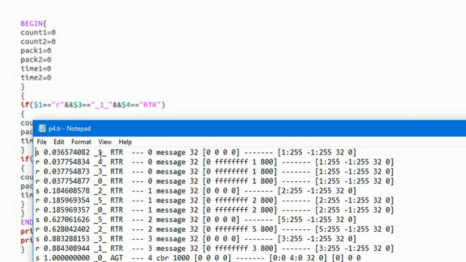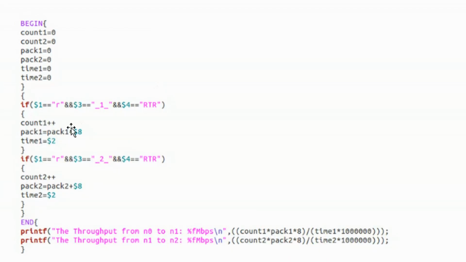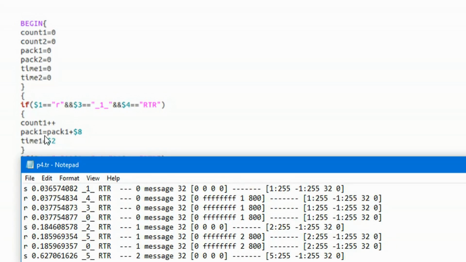So I'm calculating it for one particular node, that is node number 1. I'm checking these 3 values, and if there is a row with them, I count all the rows. I'll keep increasing this count by 1. Clear? Next, packet 1, how many packets do I have, right? So packet 1 plus the 8th column value.